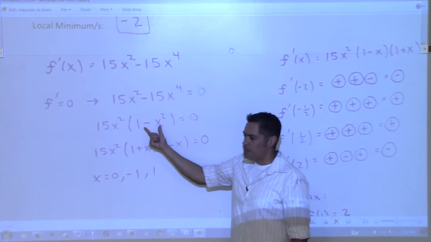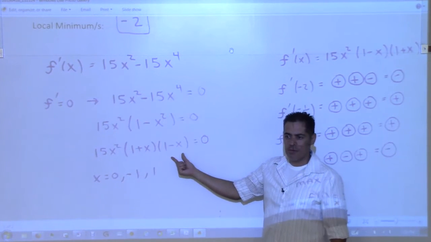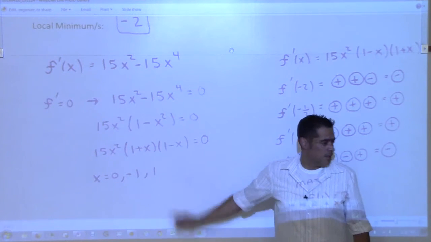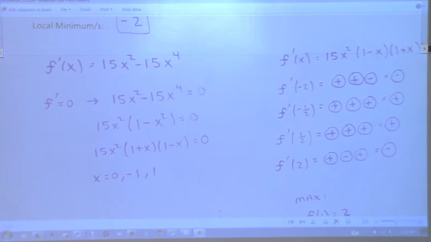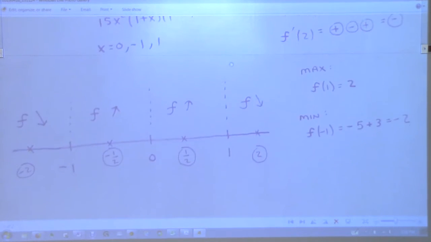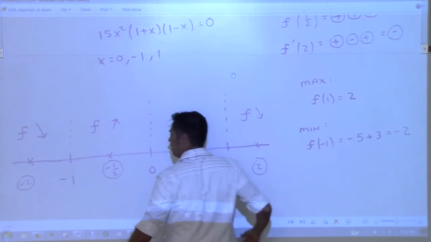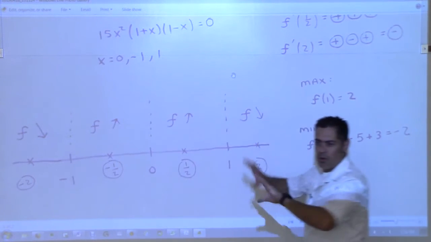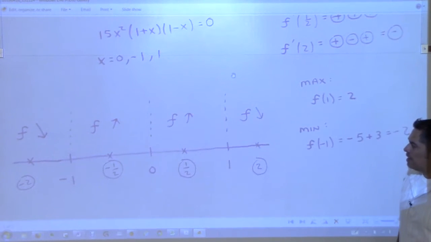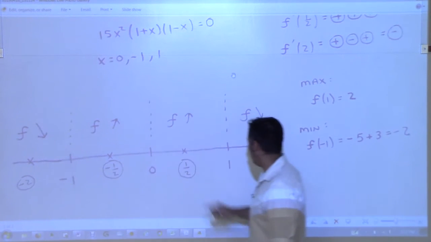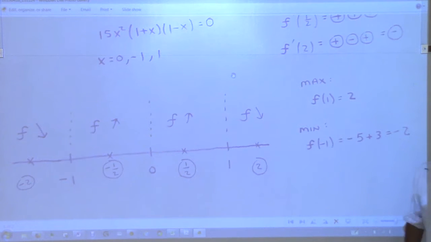And then this is a difference of squares, which factors, and then you set each of these equal to 0, and you get these 3 solutions. Then once you have those 3 solutions, you draw a number line. You put your solution 0, negative 1, 1. That breaks the number line up into 4 regions. And you pick a test point in each region. So negative 2, negative 1/2, 1/2, and 2 is what I picked. And you take those and plug those into